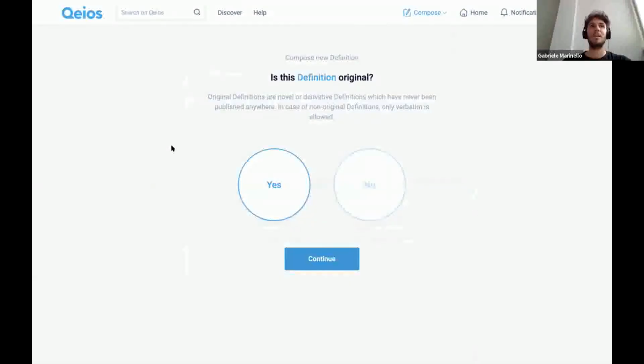It means that we also want to import the entire amount of definitions that have already been published by the scientific community so far in history. In case you want to bring an existing definition into Qeios, you can just click on no and continue.